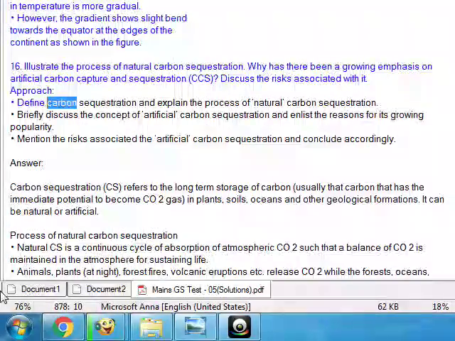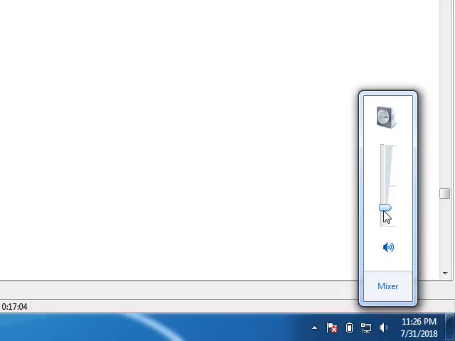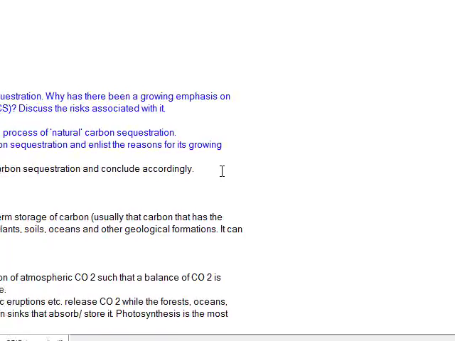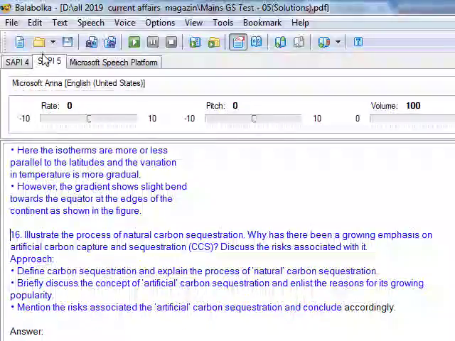Approach. Define carbon sequestration and explain the process of natural carbon sequestration. Briefly discuss the concept of artificial carbon sequestration and enlist the reasons for its growing popularity. Mention the risks associated with the artificial carbon sequestration and